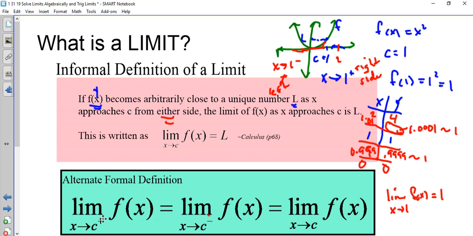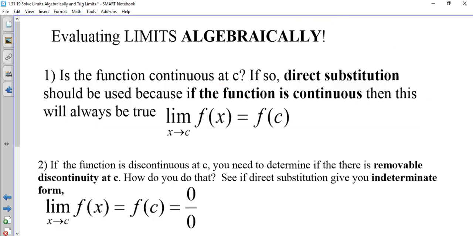And this is what we have. From the right side, we have a little plus sign. So as we approach c from the right, we get a value, and as we approach from the left, we get a value. If both those values are equal, they will equal L. So to show you how to do this algebraically, we know that when solving limits algebraically,